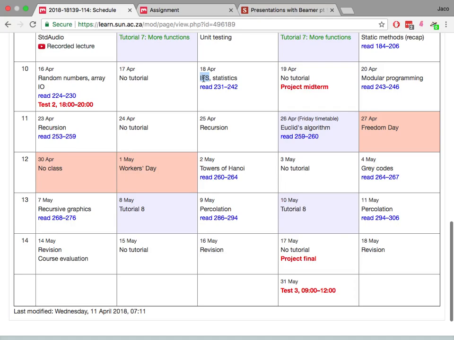IFS, iterated function systems, is fantastic stuff. So what it is: you have a small set of numbers, and they are coordinates of points. Actually, well, not exactly. They are transformations of points. So you start with a point somewhere, and you transform it according to this matrix, and you plot those points. And then you transform them again, and you plot those points, and again and again and again. And you wouldn't believe it, but a little picture will form.